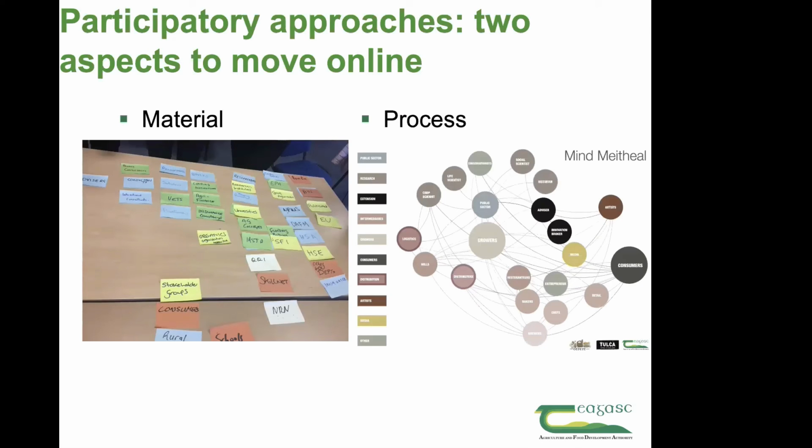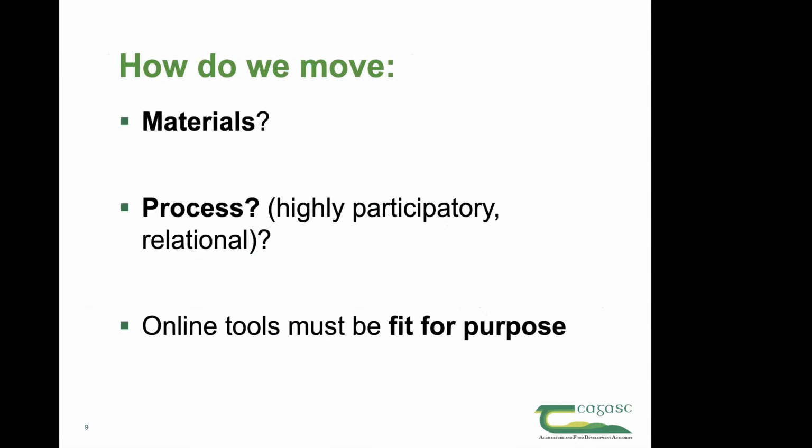Then there's the process challenge. This is a depiction of all the various actors that were involved in the Cherare Horizon 2020 project, and the strategies you see, the linkages and the positioning of the different actors involved and how they collaborated together. We also need to maintain that collaboration and interaction as we move online. So there are the two aspects. We need to maintain the simplicity and user friendliness of the materials we use, and we also need to encourage very meaningful online collaboration, interaction, knowledge sharing and co-design. So those are the challenges.